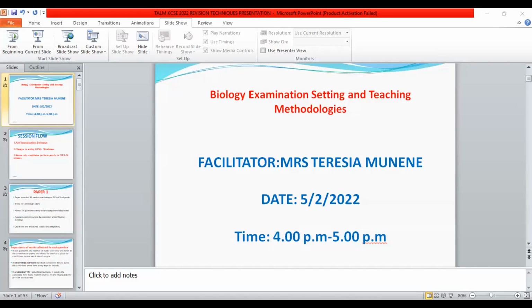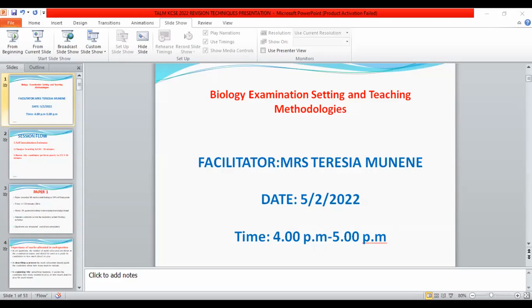a paper that is given to us, and in most cases we have about 28 questions that are set, and these questions normally cover a wide area. In fact, from Form 1 to Form 4, all the areas are tested in biology paper 1. This paper normally has structured questions that carry a maximum of maybe 4 or 5 marks, and all the questions are compulsory. What is the importance of the marks that are allocated at the end of each question?